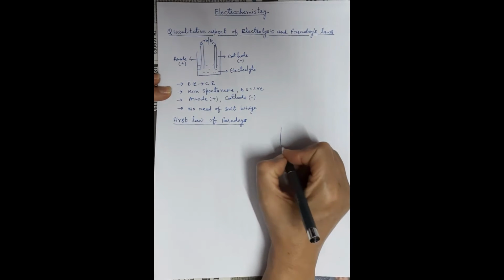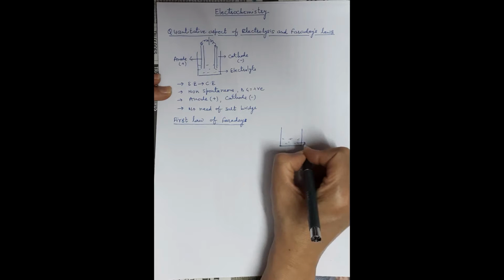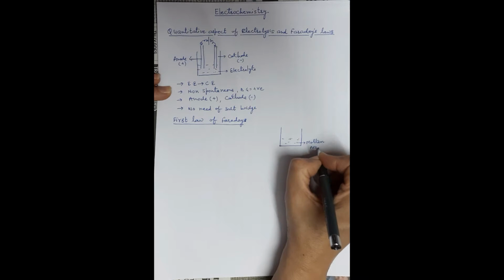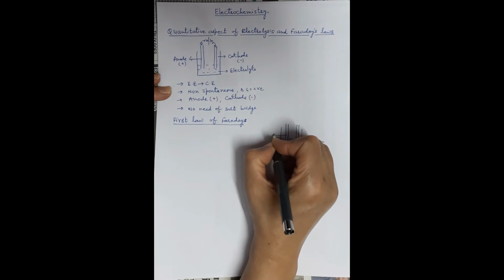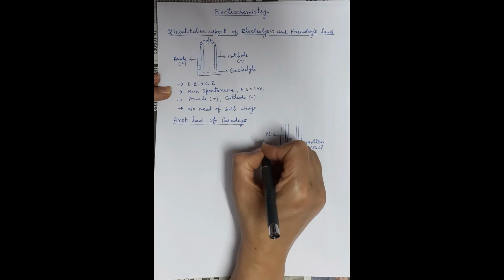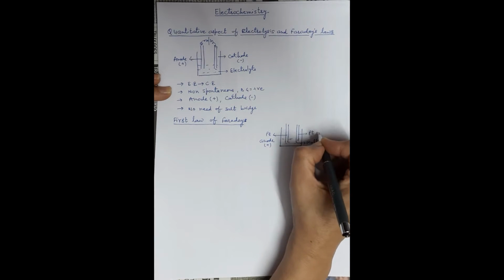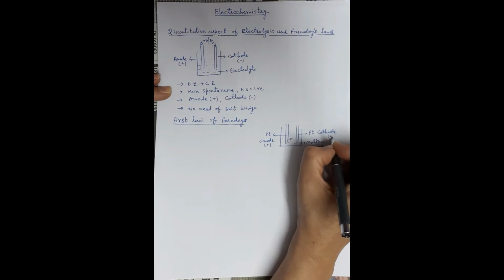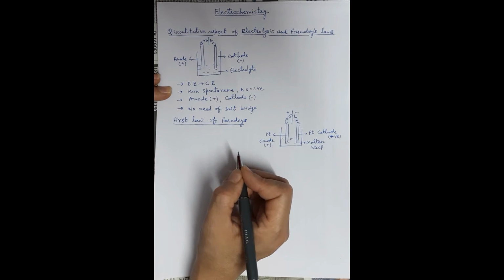I will take the case of sodium chloride, which is molten. Molten sodium chloride will be taken as an electrolyte, and two electrodes are inserted into this. These are platinum electrodes. On the left hand side the anode is there, positively charged. On the right hand side it is also made of platinum, and this is acting as the cathode. This is taken as negative because it is connected to the negative terminal of the battery.